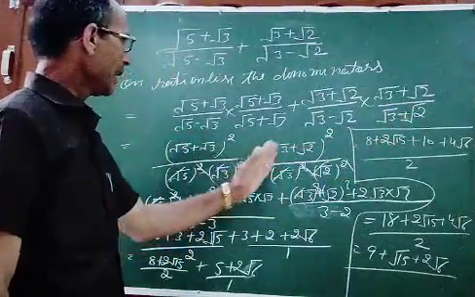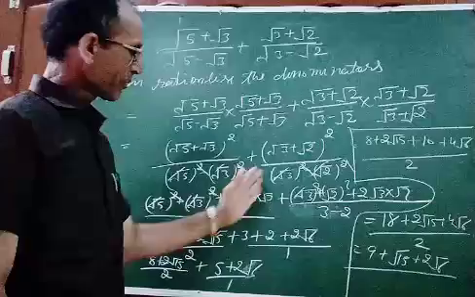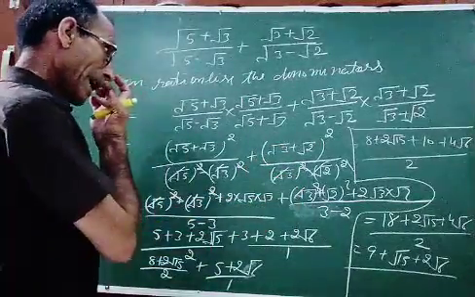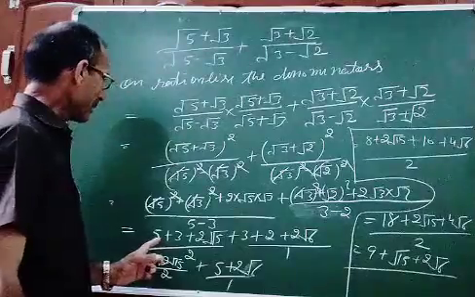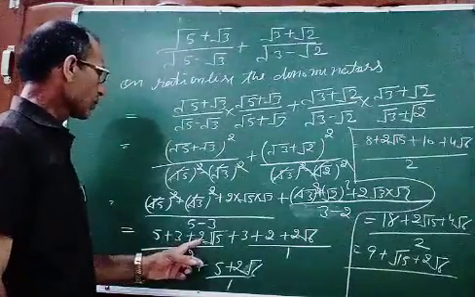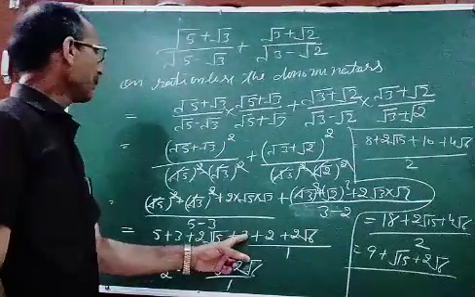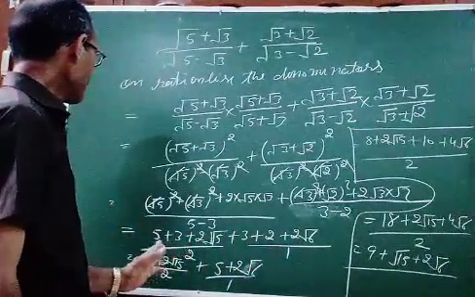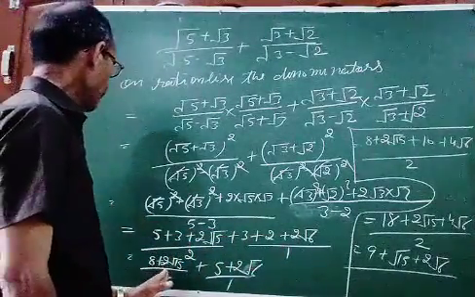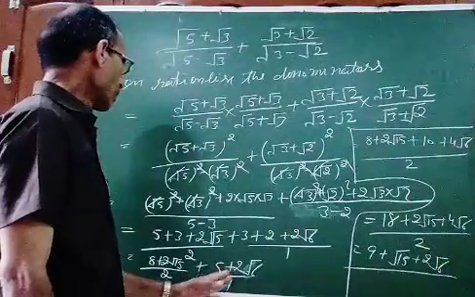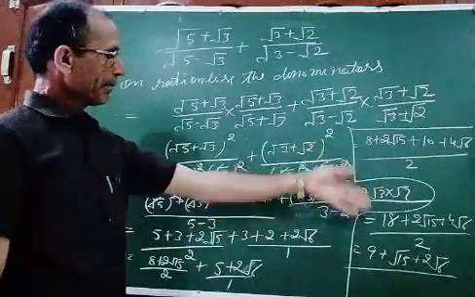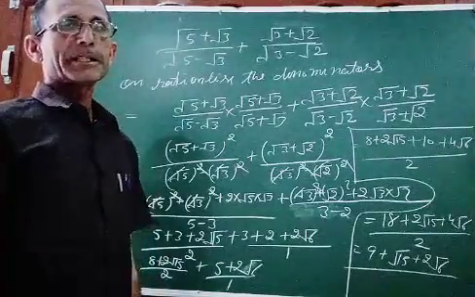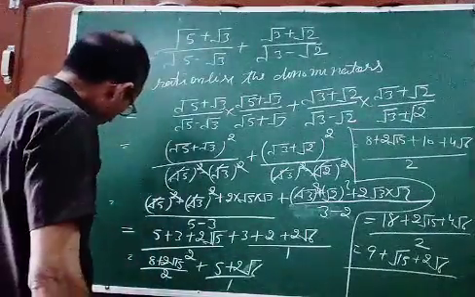A plus b whole square, a square minus b square, here also a plus b whole square, a square minus b square. After using the identities, result is 5 plus 3 plus 2 root 15, 3 plus 2 plus 2 root 6. Like terms, 5 and 3 8, 8 plus 2 root 15 by 2, 5 plus 2 root 6. So take LCM. After taking LCM, this is the result. Any doubt, any confusion? Okay, now next topic is